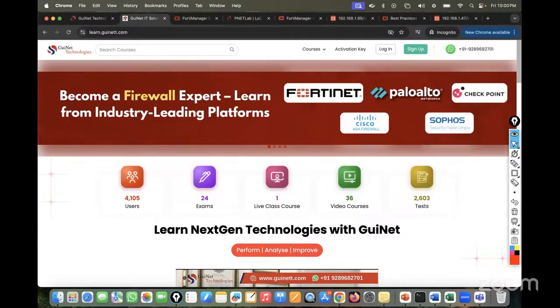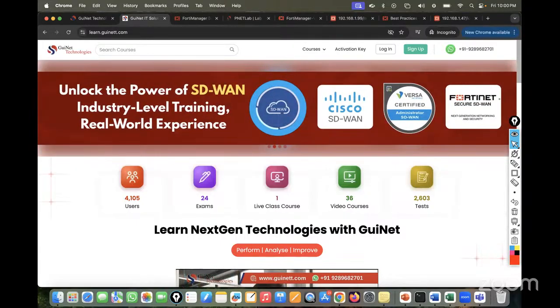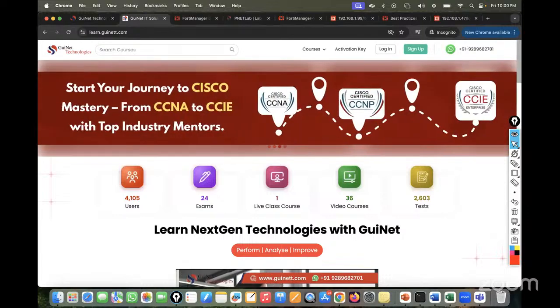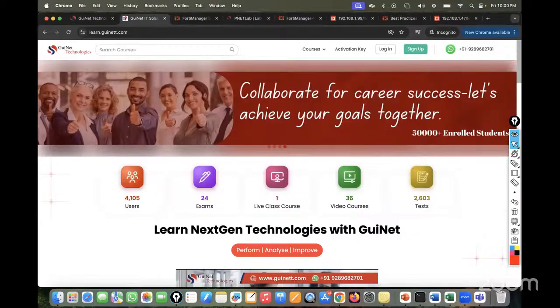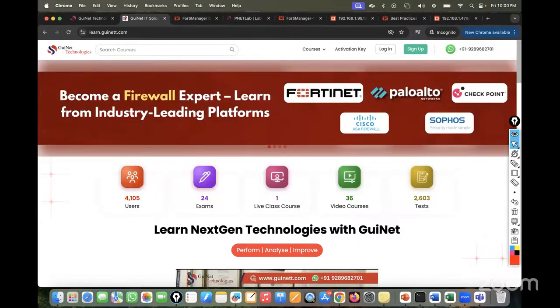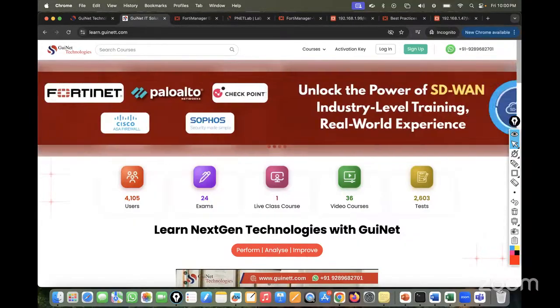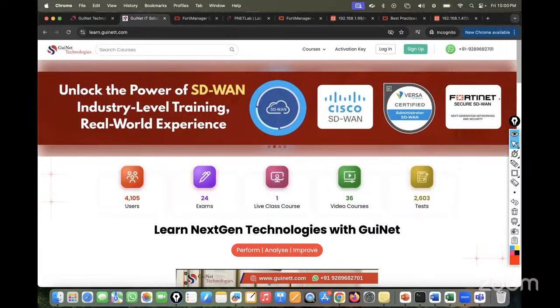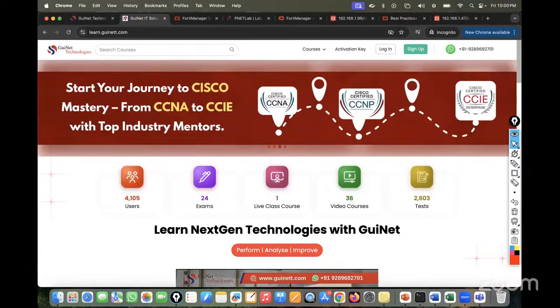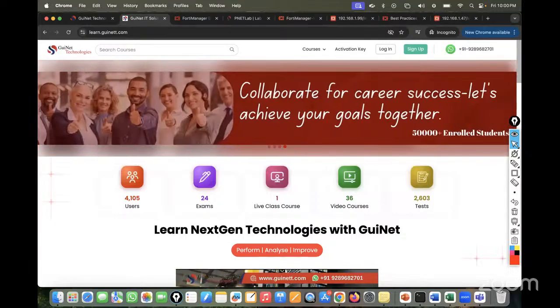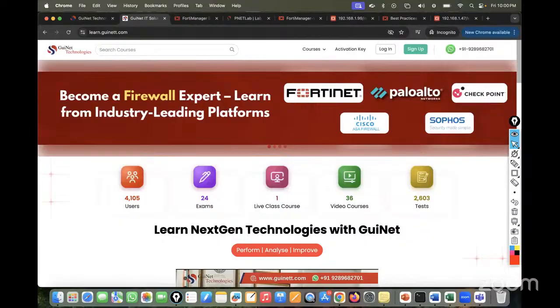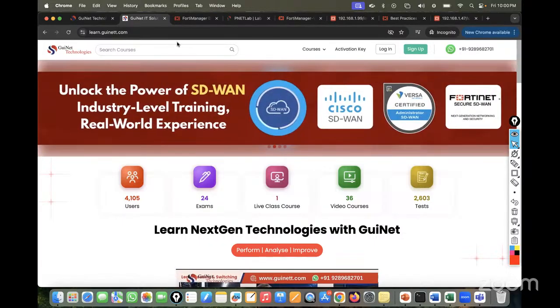They are also very important because nowadays we are talking about centralized management. When we talk about centralized management, that means we require a single pane of glass, by sitting on which we should manage each and every infrastructure. That's why FortiManager is very important. Being a network security engineer, you should also know how to operate, work and configure in the FortiManager. So here we are starting a brand new training on the FortiGate firewall, and